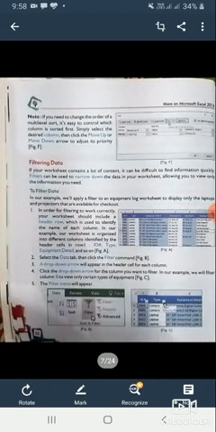Now, filtering data. If your worksheet contains a lot of content, it can be difficult to find information quickly. Filters can be used to narrow down the data in your worksheet, allowing you to view only the information you need. If you have ever used Snapdeal or Flipkart, these are shopping websites. If you want to purchase a t-shirt, there is a filter option.